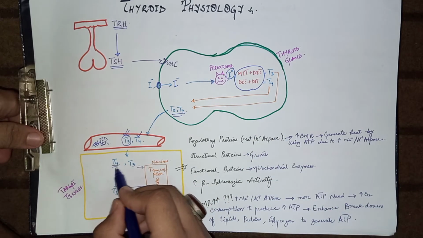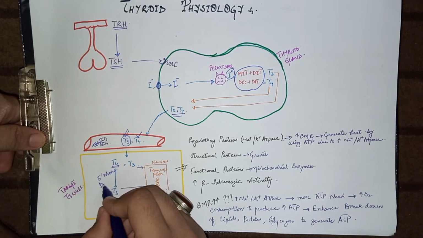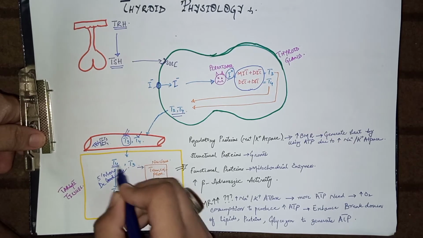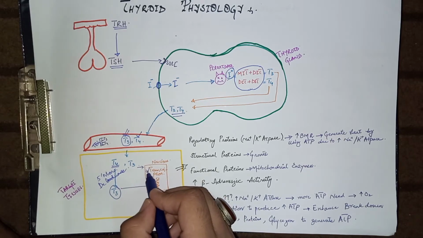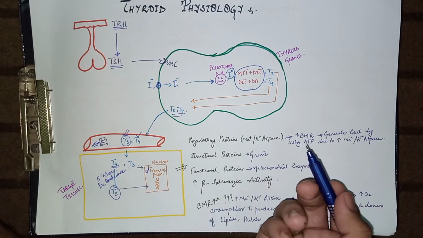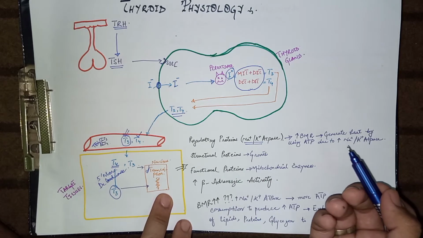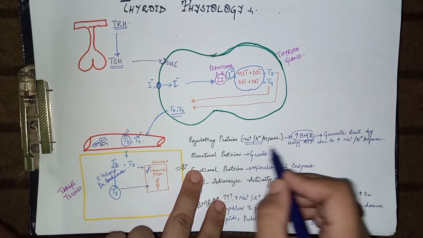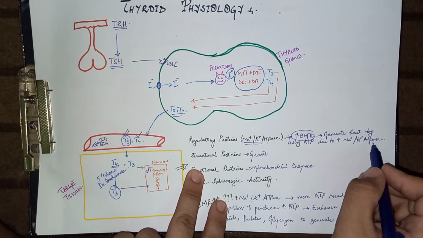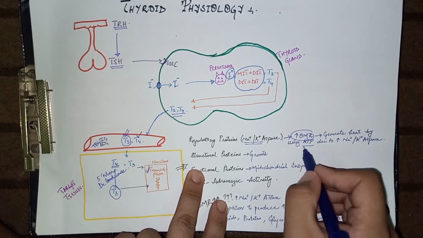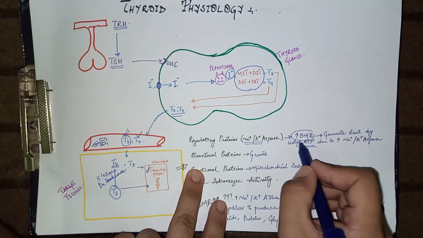So when T4 enters into the target tissue, the enzyme 5' monodeiodinase acts on this T4 and converts it into T3. This T3 activates the nucleus and enhances the process of transcription. As a result, protein formation occurs in the body. So regulatory proteins are formed, that is the sodium potassium ATPase pump, which ultimately increases the basal metabolic rate of the body. So the body generates heat by using ATP due to the increased sodium potassium ATPase pump, so more ATP is needed. Due to the greater need of ATP, there is more consumption of oxygen,